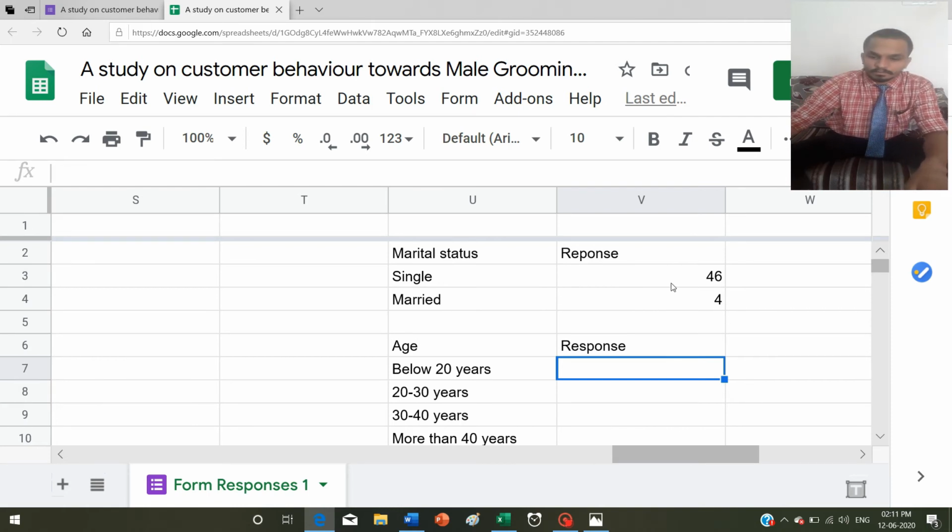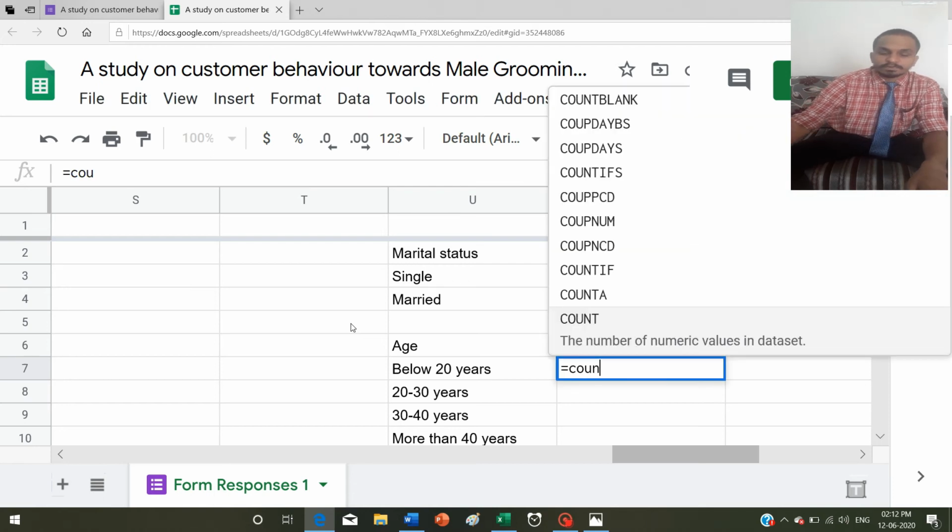Now, again, as I showed in the previous table, I will find age and how many responses were below 20 years, 20 to 30 years, 30 to 40 years, or more than 40 years.